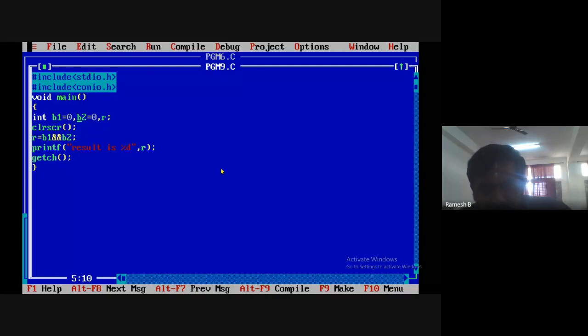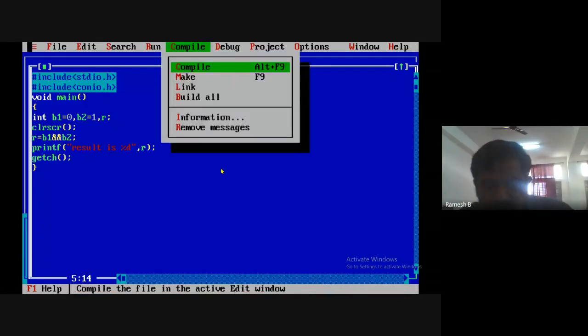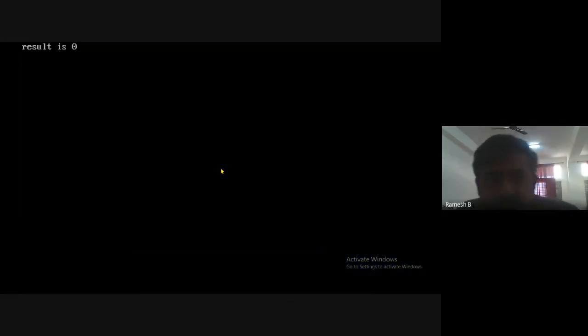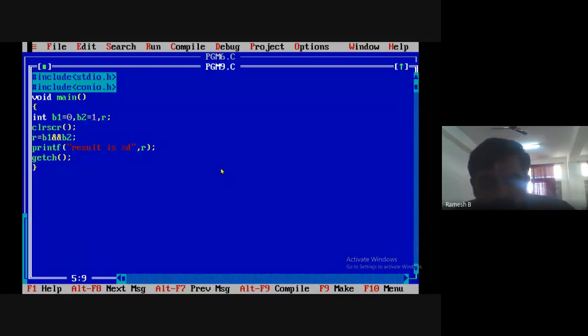Now I'll change it. Instead of 0, here I'll give 1. I'll save it. You can press F2. After that, compile it, run it. You see there it is 0. Now the next is 1, 0.